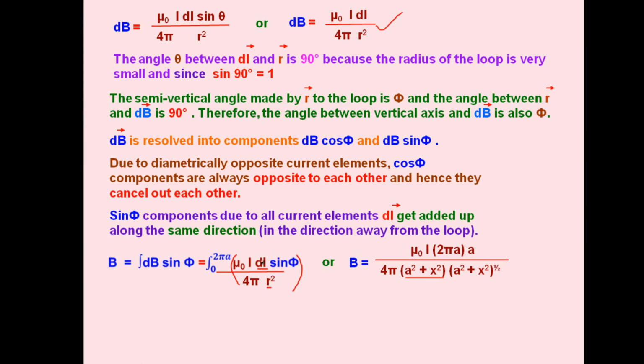This integral of dl will give 2 pi a minus 0, so 2 pi a we have used here. Then sin phi is a by r, this is a, and the value of r we have used is under root of a square plus x square. Then coming to the next step, mu naught I a square, 2 pi a, and here pi and pi cancel, 2 and 4 cancel, a and a becomes a square, and a square plus x square to the power 1 and 1 by 2. Here we have power 1, so power 1 and 1 by 2 becomes 3 by 2, and this is the final result for the magnetic field at the axis. You can note down the relation.